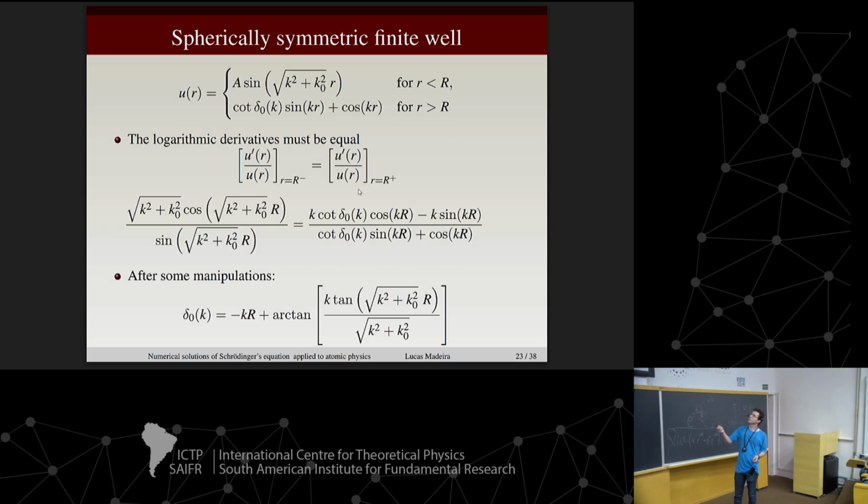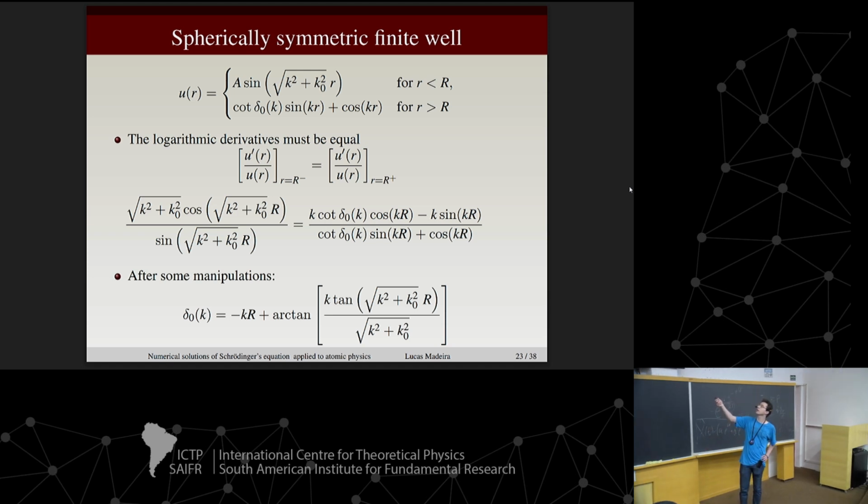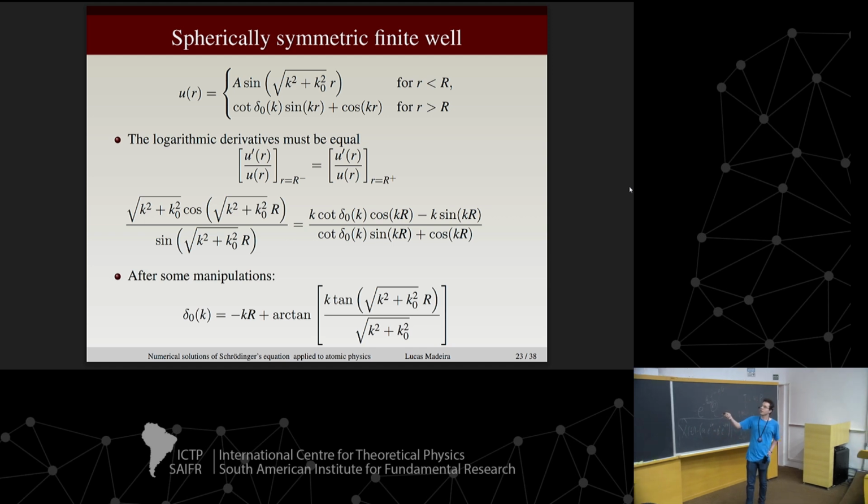Outside of the range of the potential, that's what we did in the beginning of the lecture, right? It's related to the phase shifts. And I wrote it like this because it's going to be convenient for us. But it's pretty much the thing that we saw in the beginning of the lecture, all right? And then I'm going to require that the first derivative and the function be continuous at r equals big R, okay? So this is a very nice calculus exercise.